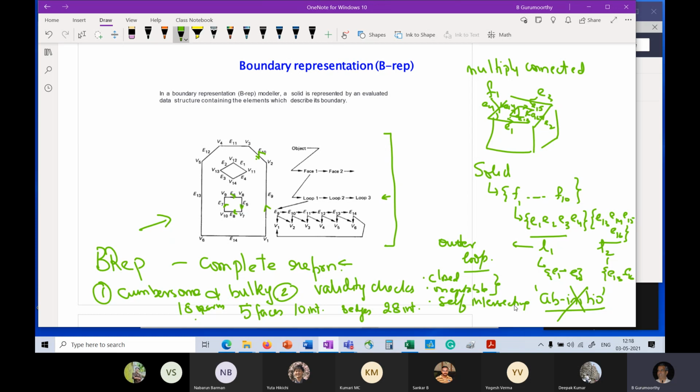Okay, so if there are no questions, then we will go on to see what can be done about this. So what is the situation now? We have a good representation. It is able to represent everything that we need from the solid model, but it is not easy to construct. And so we focus on a construction technique.